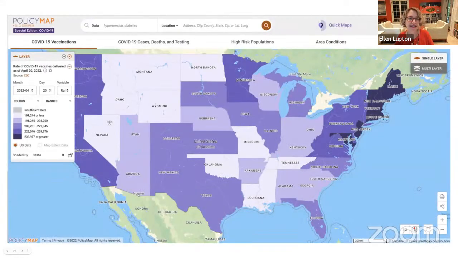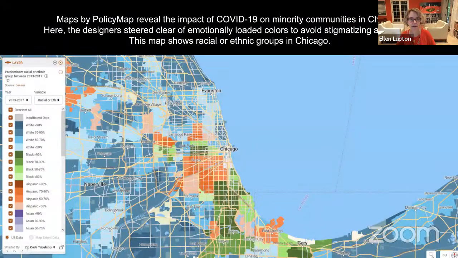I want to show you a different use of color. These are maps created by an organization, again, a private organization in the US called Policy Map, which creates maps with many, many different demographic layers. So they allow journalists and researchers and government agencies and others to overlay different kinds of data in order to see what's happening geographically, how to correlate different factors with different events going on.